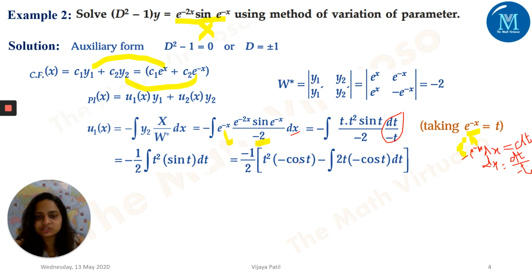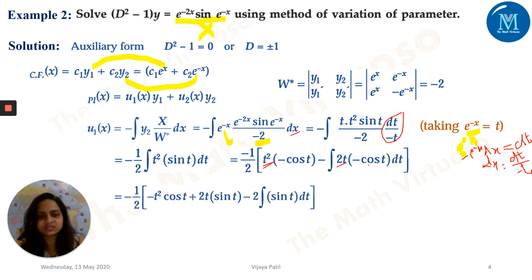So it's t square minus cos of t minus differentiation of this t square will give me 2t, right? And this integration, which I have written here in this way. So therefore, I have to just write this down. So it's minus 1 by 2 minus t square cos of t plus, so this plus minus becomes plus here, 2t sine t, integration of cos of t is sine t, minus, now again we have to differentiate this 2t with respect to t, it would give me 2, and then integration of this sine t, which would be here as this. And this is nothing but t square by 2 cos of t minus t sin t minus cos of t.